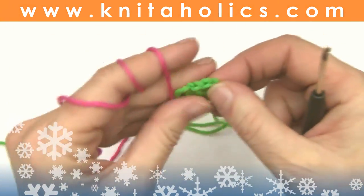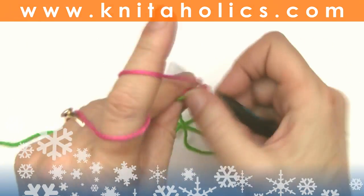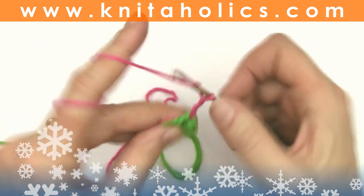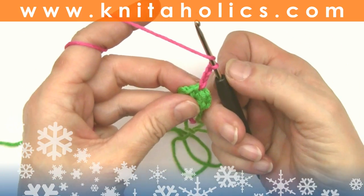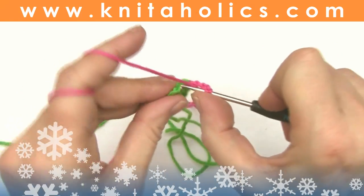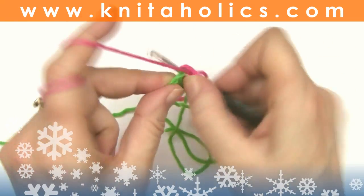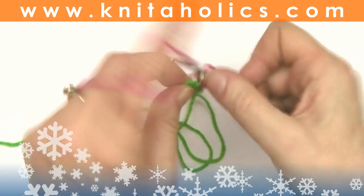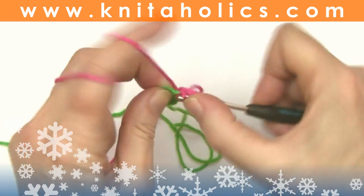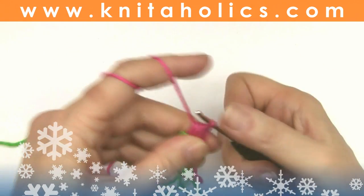We continue with pink and 3 turning chains and chain 1, so a total of 4 chains. And we work 1 puff stitch with 4 yarn overs into the next stitch. So yarn over, pull up a long loop, yarn over, pull up a loop, yarn over, pull up a loop, and 4th time yarn over, pull up a loop. Close it